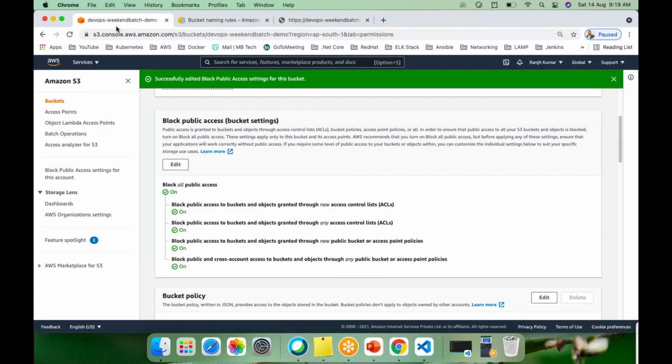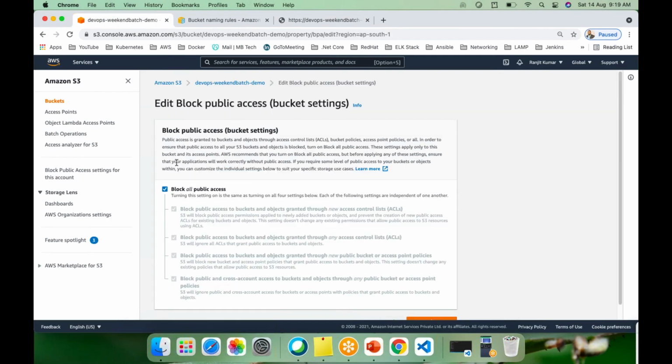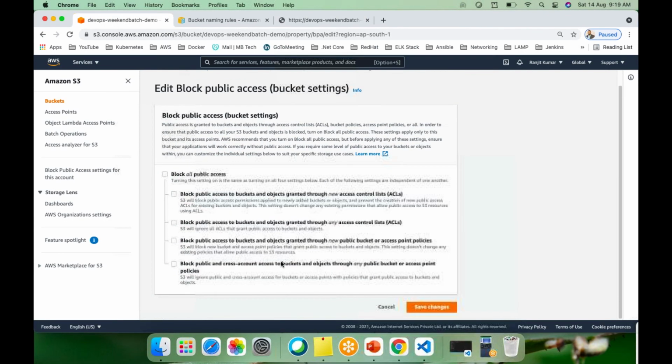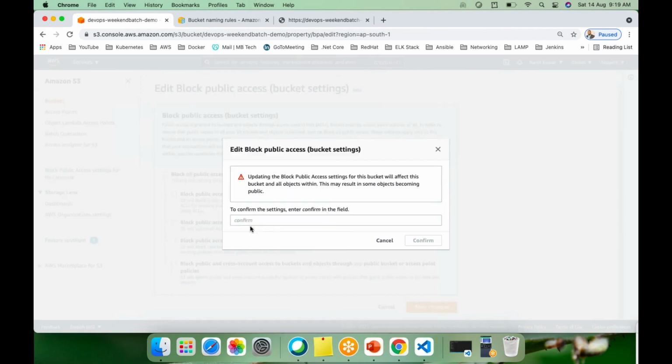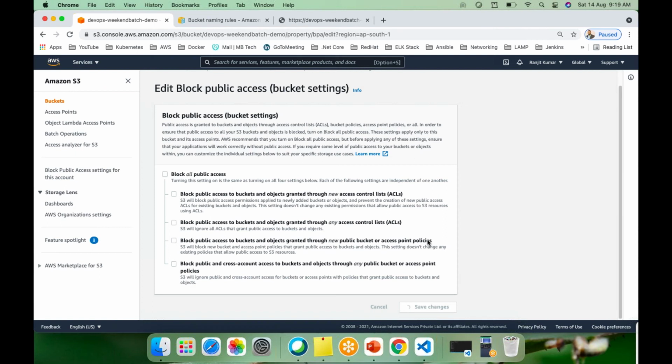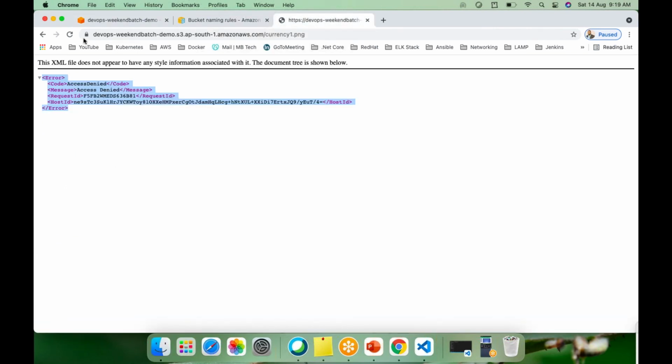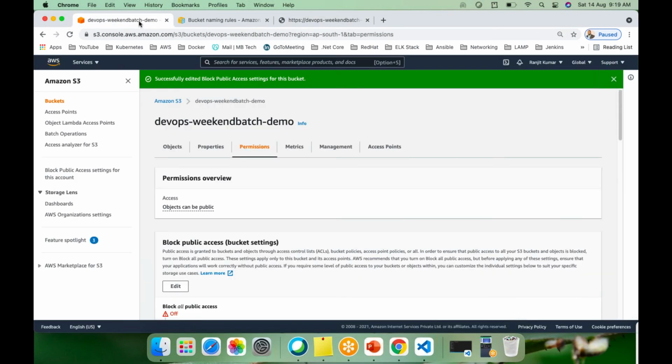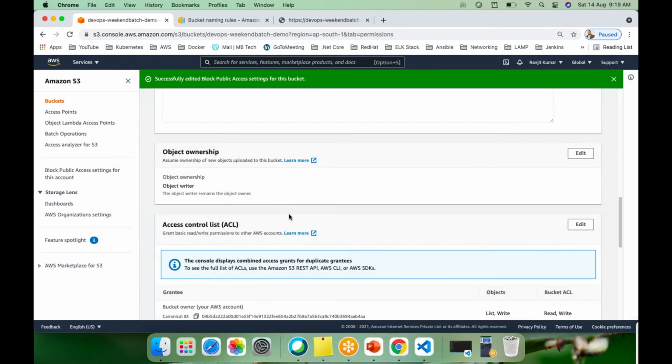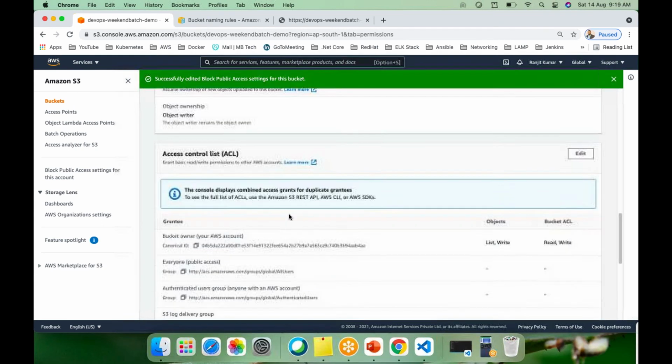Just click on the bucket, go to the management section here, right? For transfer acceleration, you have to go to the properties and update it there. But if you want anything related to permissions, you have to go to the permissions tab. If you want to make it private, you can just edit this, select this and save it, so it will be private.